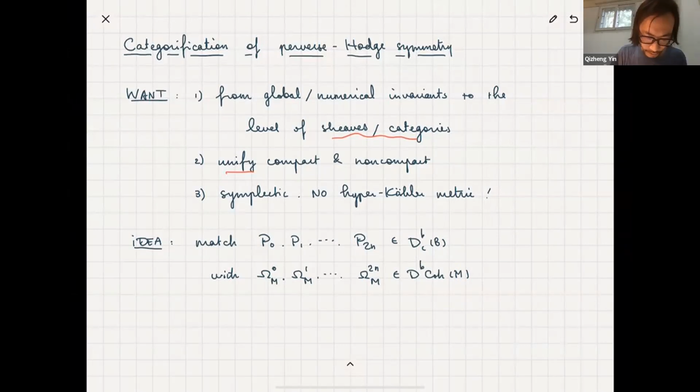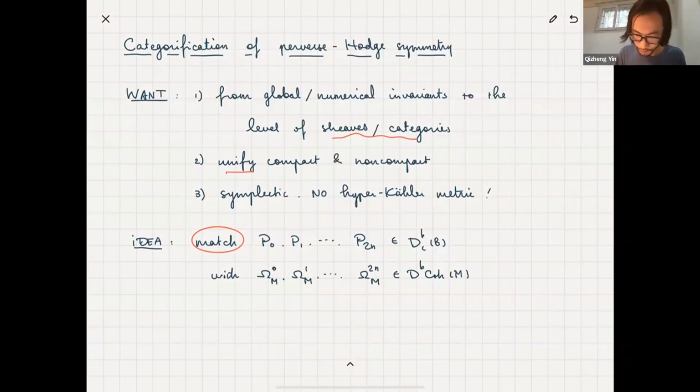And of course, if you take the cohomologies, you get the dimensions of the cohomology groups, so you get the perverse numbers and the Hodge numbers. That's where we started. But now the question is whether there's a way to match these two. Of course, you can say that I want to match P0 with omega 0, P1 with omega 1, but is there a way not to match them by hand, but to state a mathematical